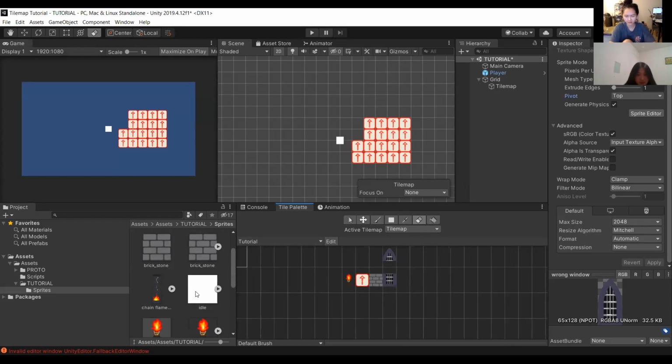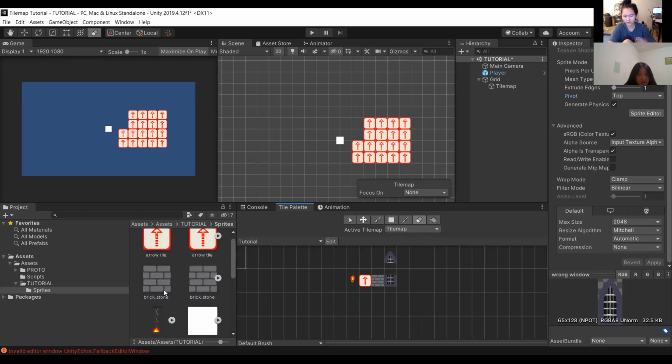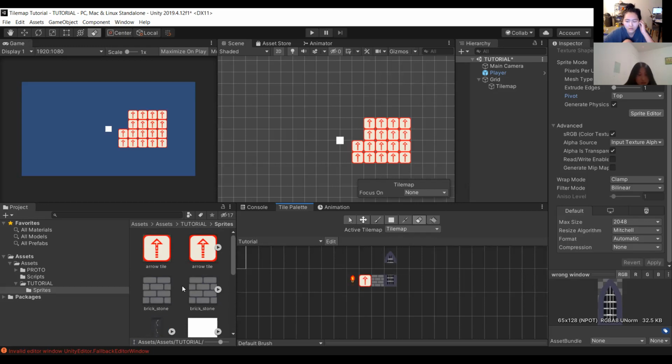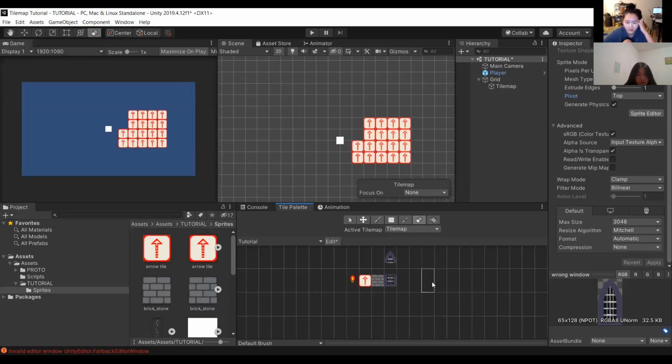Yes. God, I forgot. It's set to automatic. So it does this. I think I might have missed a step somewhere, but I'm trying to do it to the chain flame one. Okay, and slice is grayed out. What could I have forgotten to do? Slice is grayed out. Did you set it to multiple?